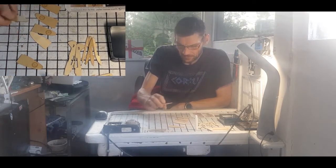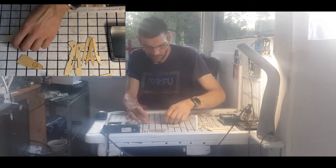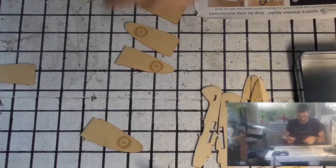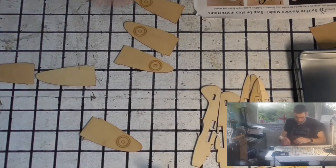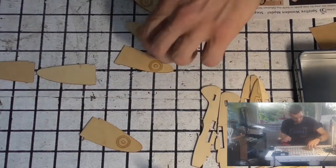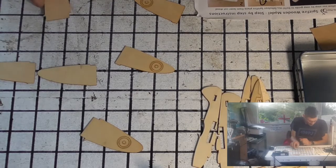So that's those parts. I might have some more light over here. Let's see what we've got. So that's our 2 blank pieces. A bit of a mark on there. I think I will stain it, but I'll wait till it's built. So we should have a fat one, a thin one. That one goes there. Right, so that'll be an underneath one,